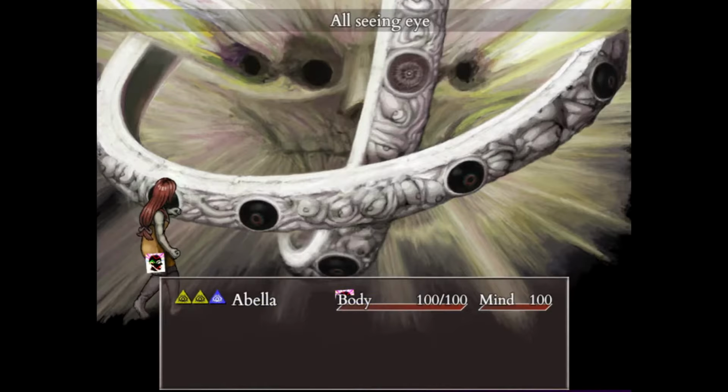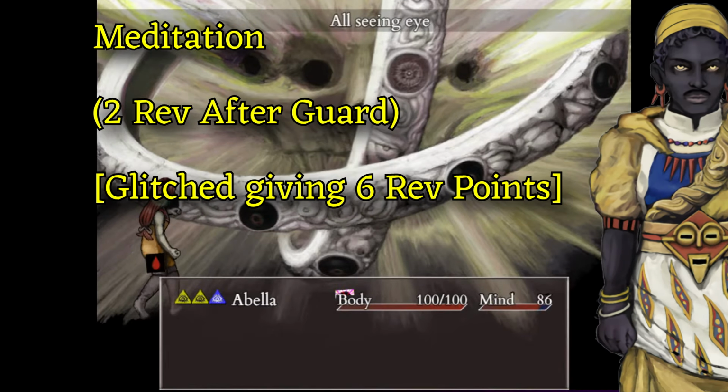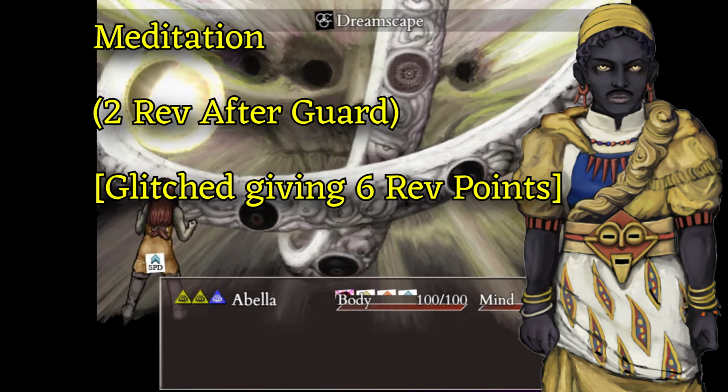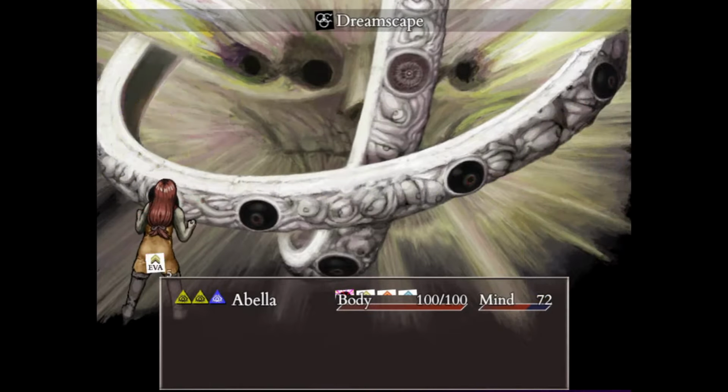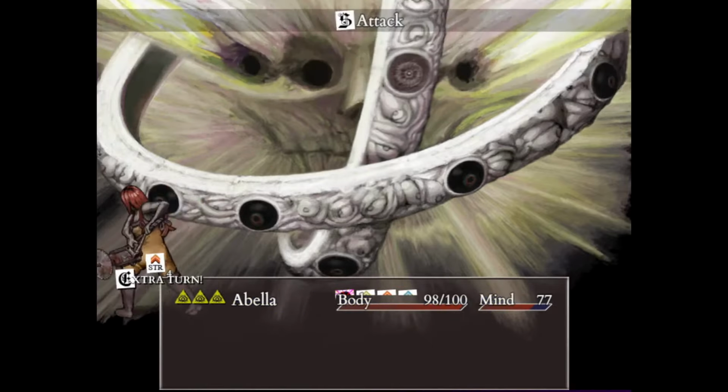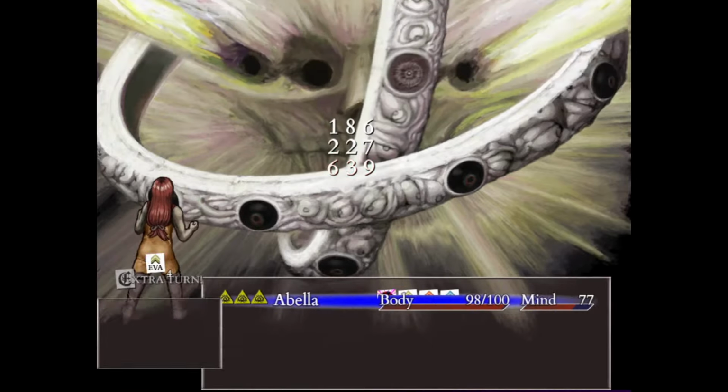One last thing you probably want is a skill from the mage Osa, Meditation. This skill gives you 6 rep points when you guard. It's currently glitched. The playstyle of a physical damage build tends to be attacking only in extra turns, so you might as well save your actual turns to guard whenever you can,